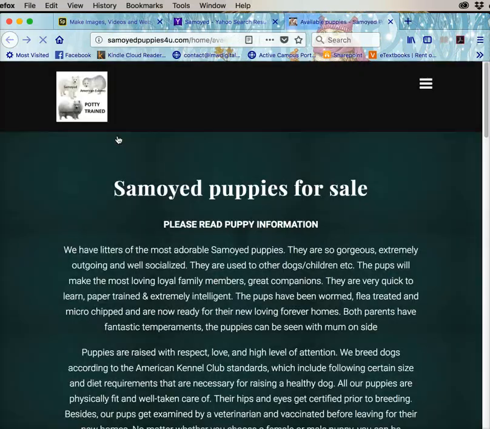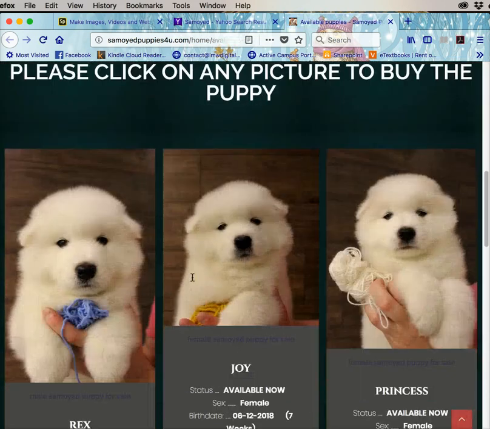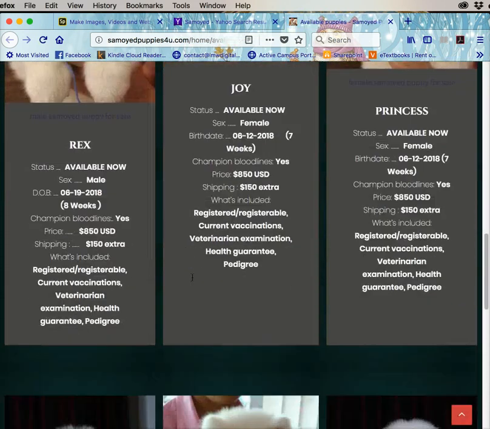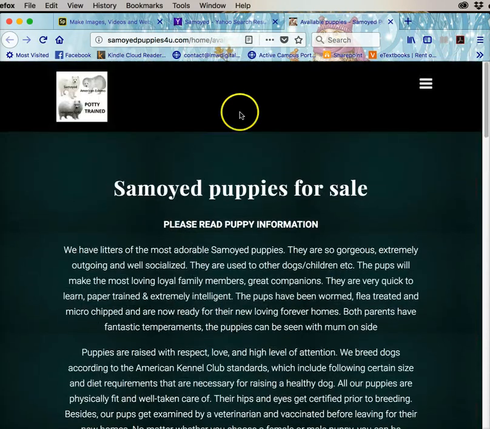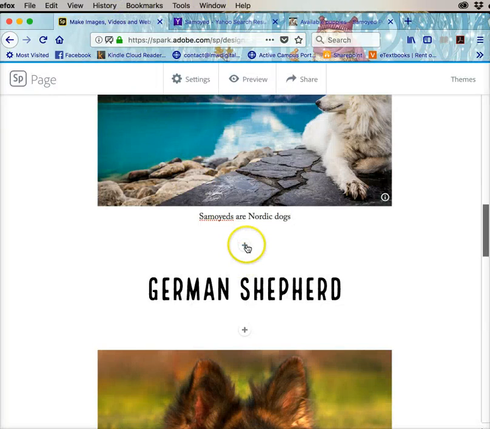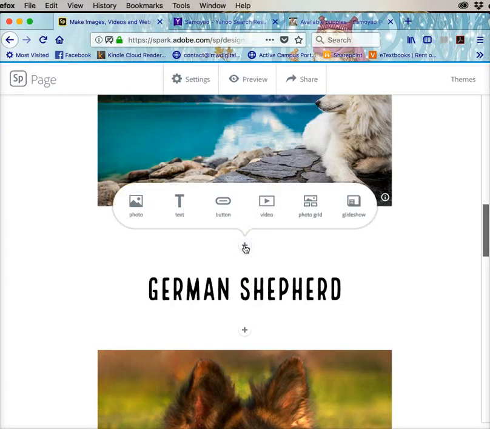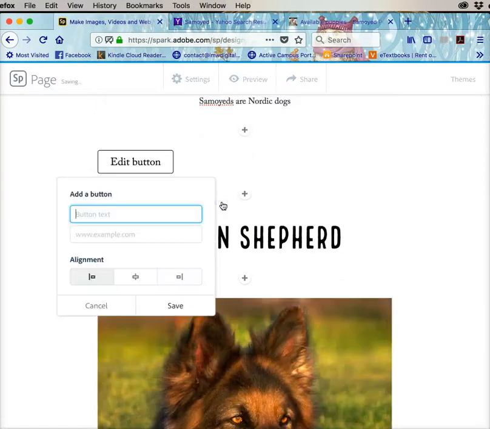Let's see if that'd be a good one. Let's see. These are puppies for sale. Here we go. That's what the little puppies look like. So I will copy this link, Command C or Control C, and I will go ahead and put a button here. Go here and click button,